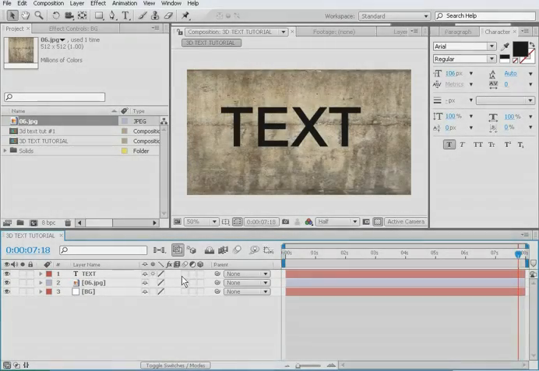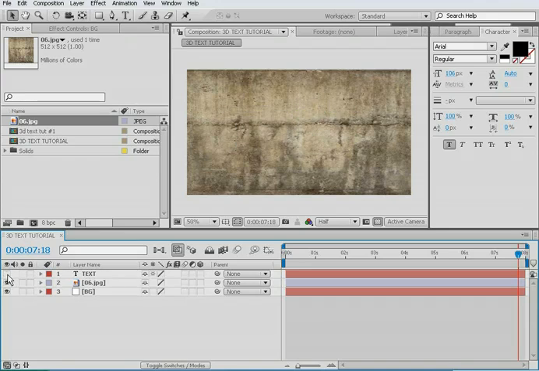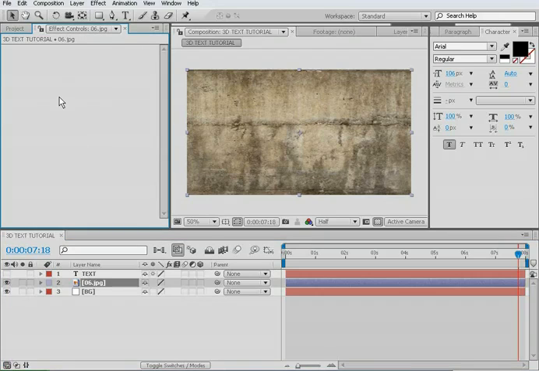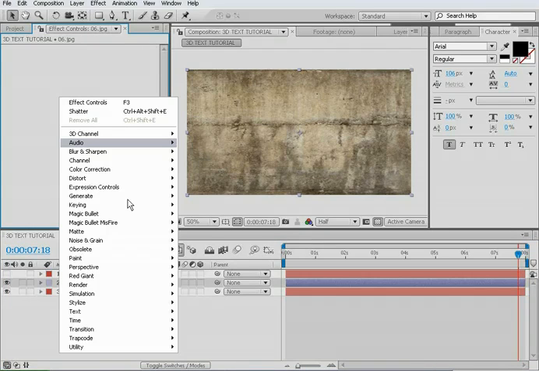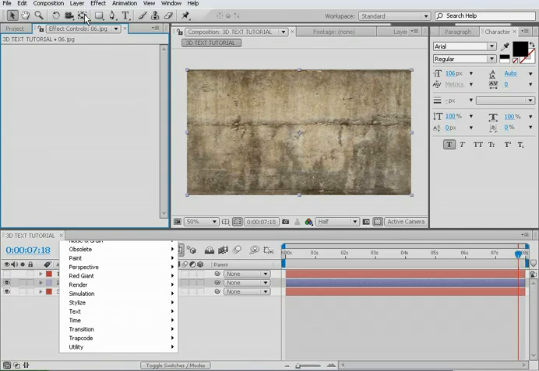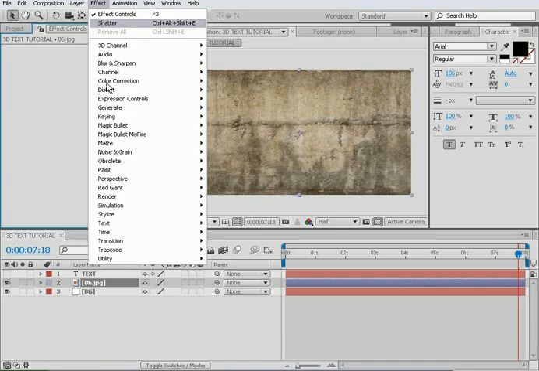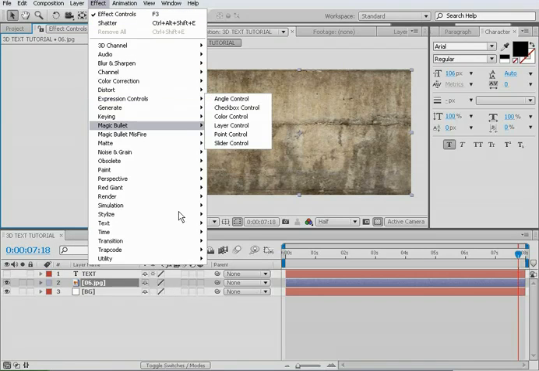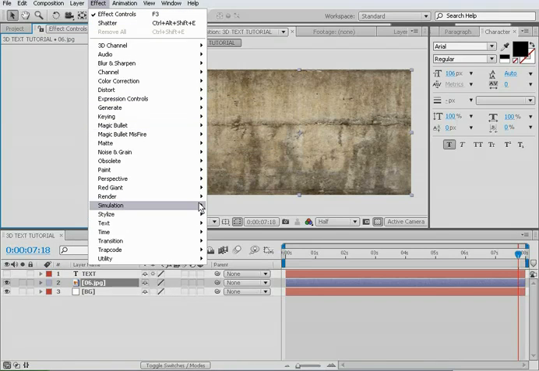Now, to get 3D text, make sure that you turn off your top text layer. Turn it off. Poke it in the eye. Now select your image or texture. Go to the effects controls. Right click. Or you can just use the tab up here. Go effects, simulation, shatter,